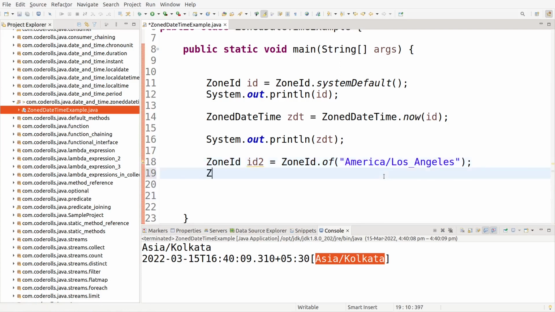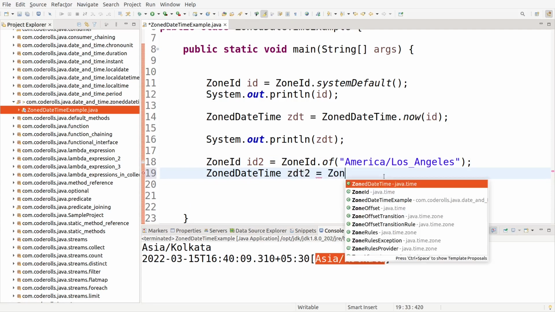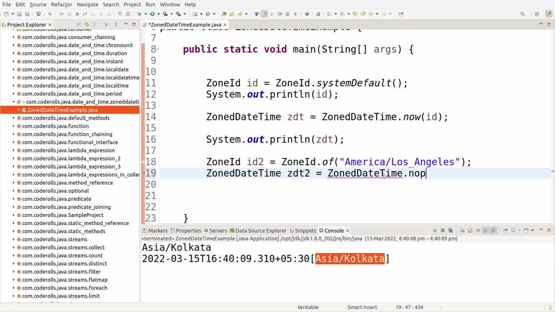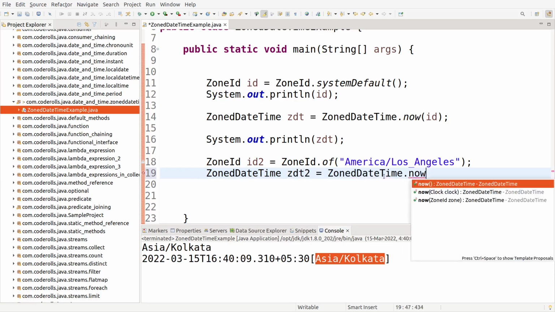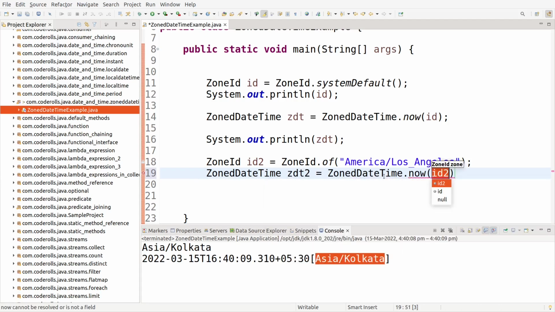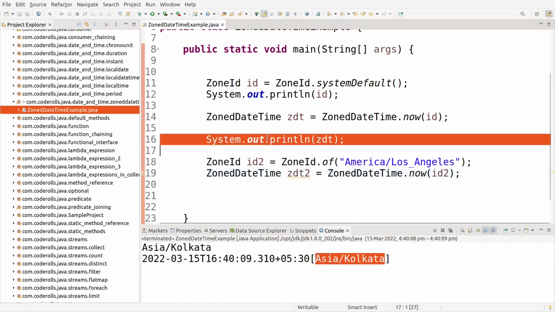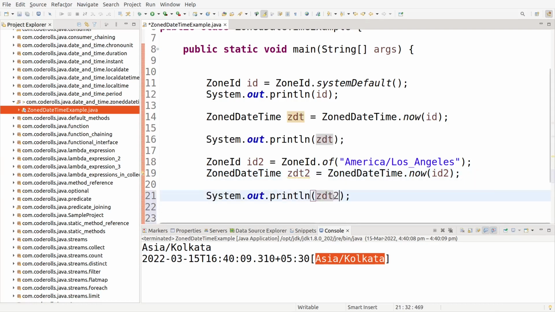And now I will create a ZonedDateTime, let's say zdt2 = ZonedDateTime.now(id2). Okay, and add the similar sysout statement. Now I will add a few sysout statements so that we can differentiate between the current time and ZonedDateTime for Los Angeles. So here I will add